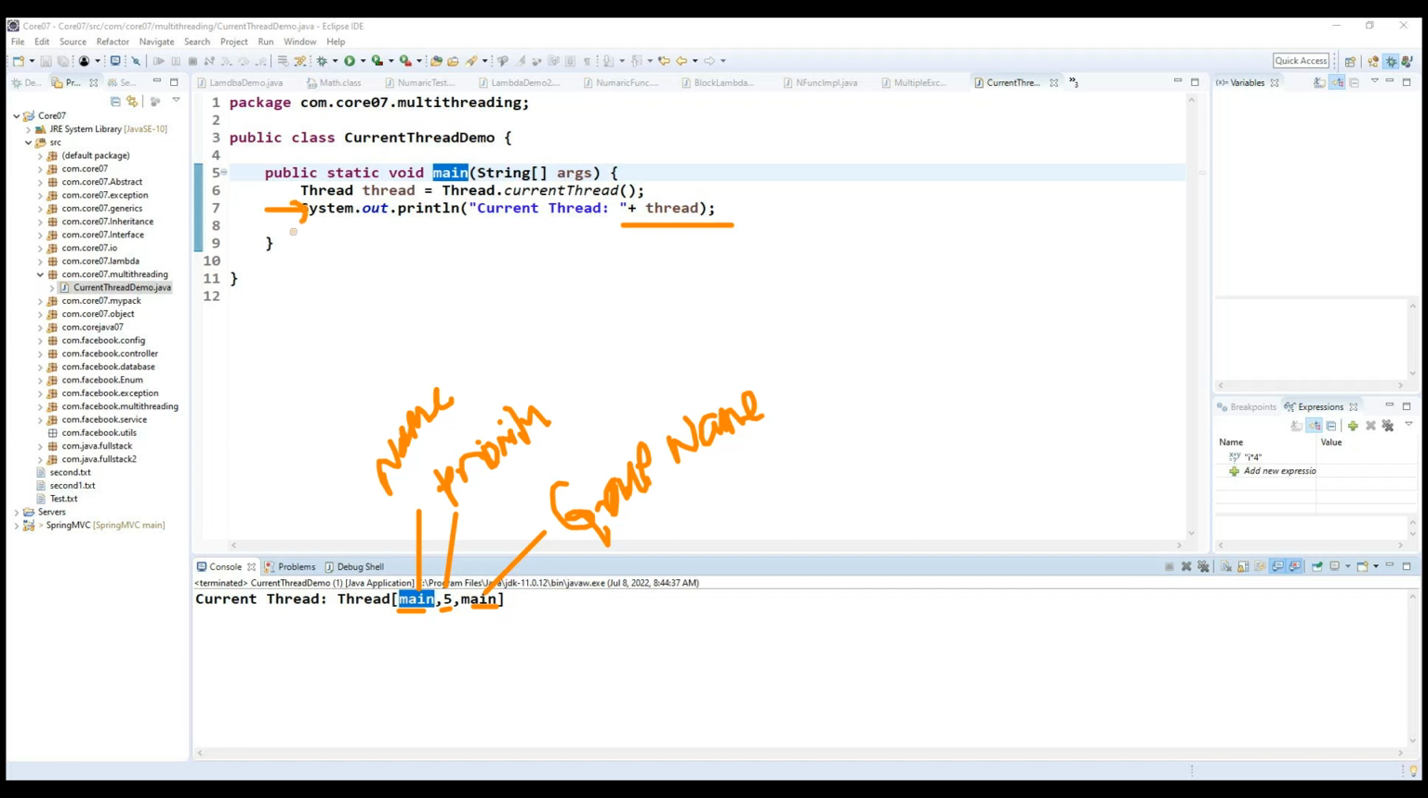Basically, line number 8 is executed by the current thread here. And how are we getting this information? What we need to understand here is the important section called the toString method. With the toString method, we can easily understand what information we have inside this particular thread class. If I expand this,